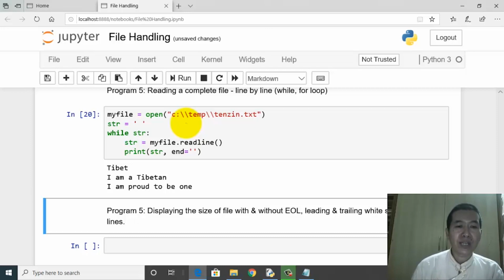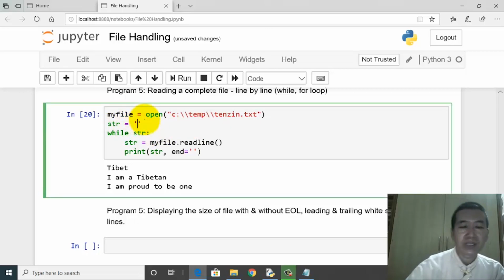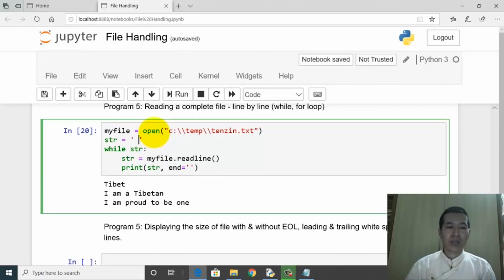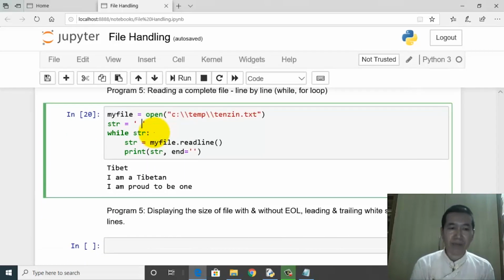Why it's not a None value is that I have assigned a space to it. If it were empty like this, then perhaps you could call it a None value. But this certainly is not a None value. So while str, the value of str is not None, which means it has a value.